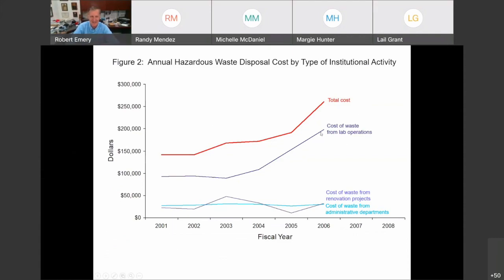And the guy called me back and said, Bob, I went into the meeting and handed out printed copies like you said, and the president turned to the vice president for research and said, pay for this crap. And that was the end of the meeting because they had the right data displayed the right way.